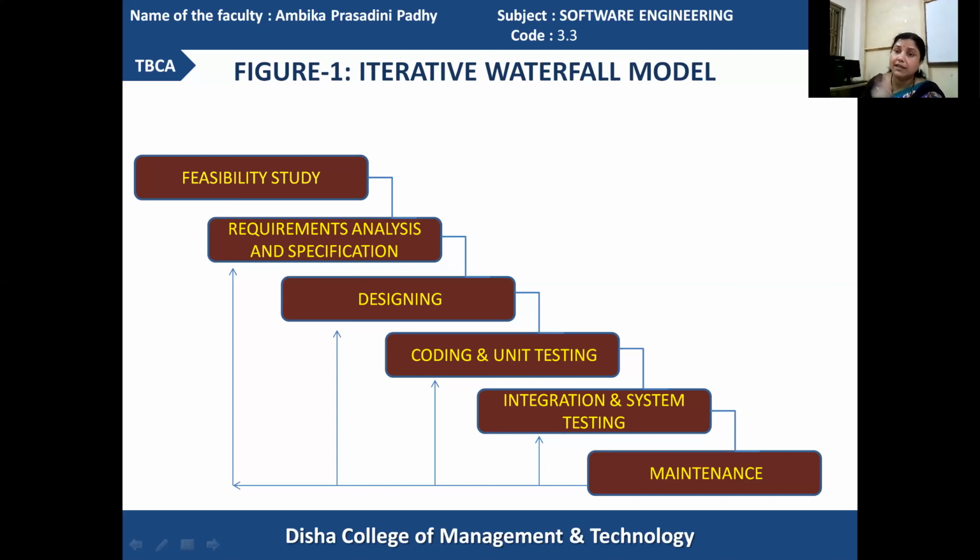In order to rectify that defect, we have to find out the root from where the problem has started. And the root is your requirement analysis and specification part. For example, if the problem arises due to insufficient requirement specification, insufficient information mentioned in the SRS, then we can remove it from that part and come back through the other respective stages.